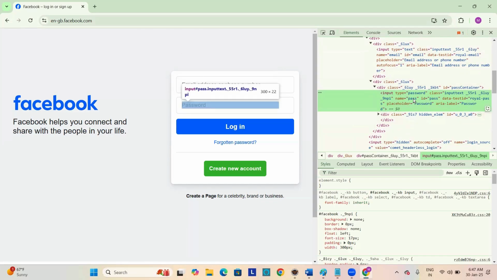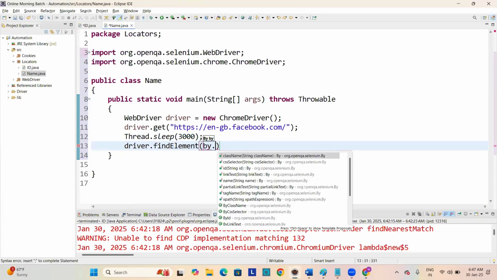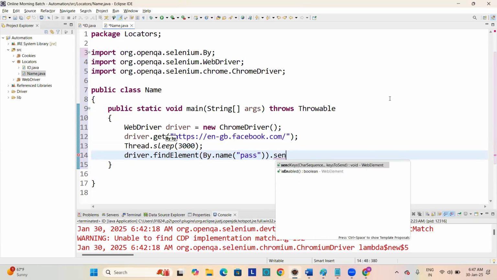We can use name. If the name attribute is present, driver dot findElement By dot name dot